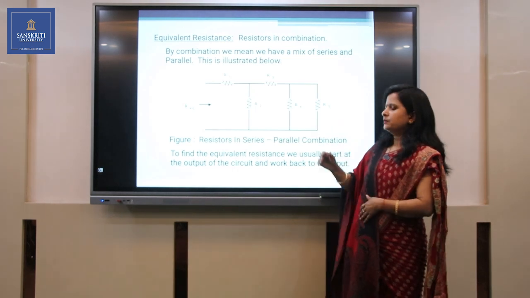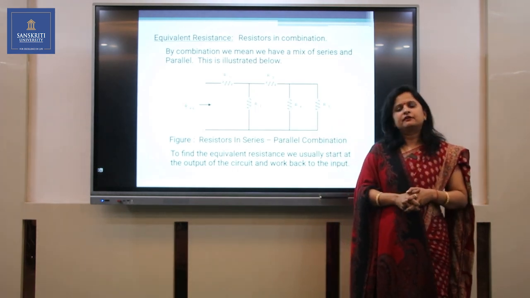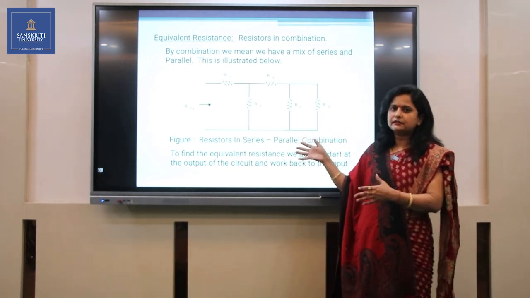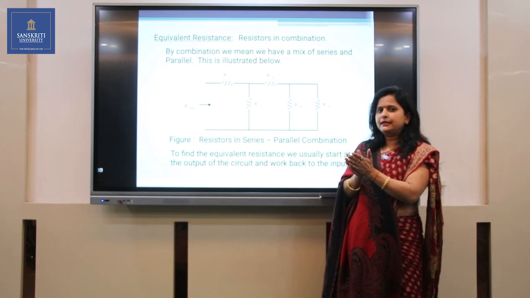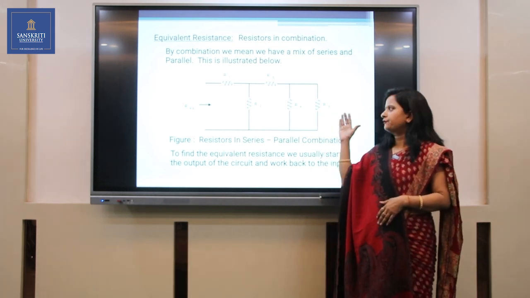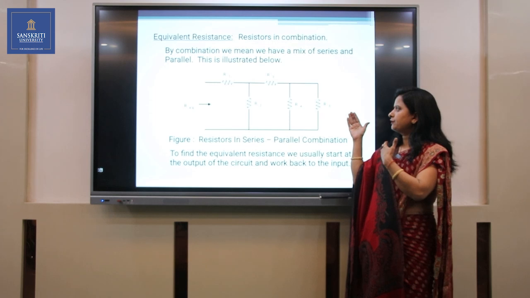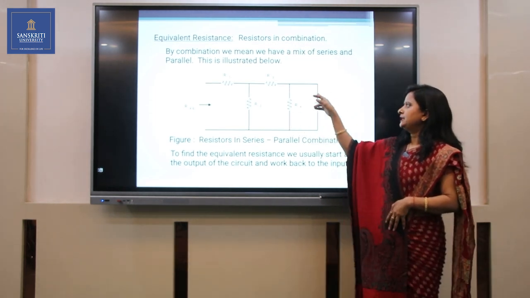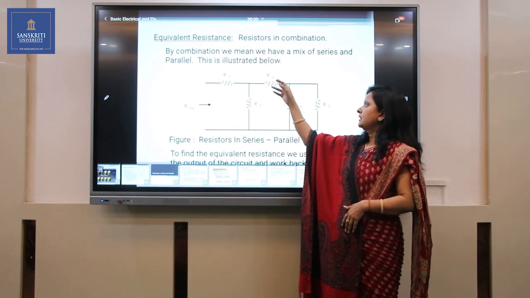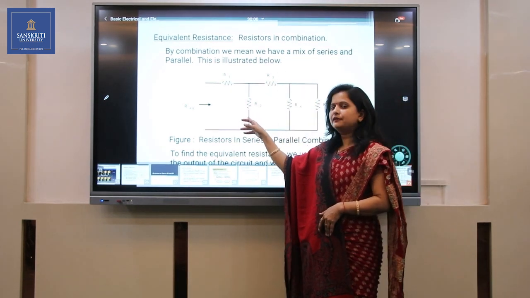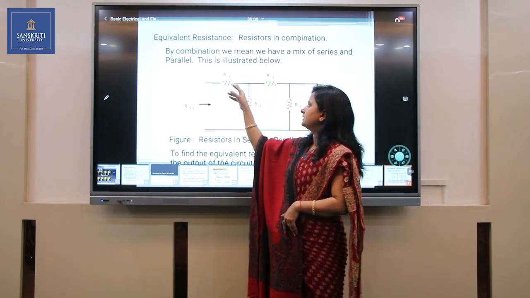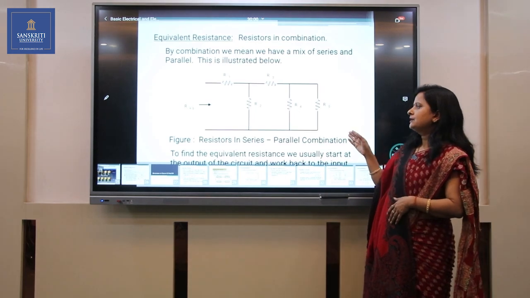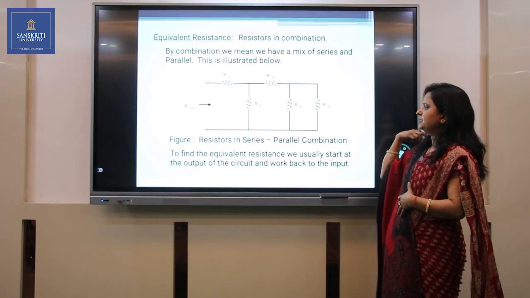Fine. So suppose you are having a series parallel combination of resistances. So this is the circuit and you need to find out the equivalent resistance of the circuit. So how will you find out? Simply you will see from the load side, like from this side. If I am seeing from this side, I can say that R5 and R4 are in parallel. This combination is connected in series with R3. Then this combination is connected in parallel with R2. Then the whole combination will be connected in series with R1. So this is the method how we can calculate the equivalent resistance of a series parallel circuit combination.